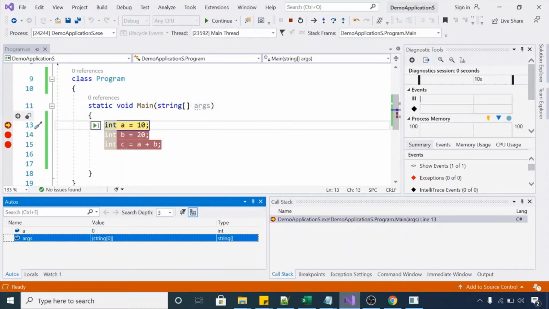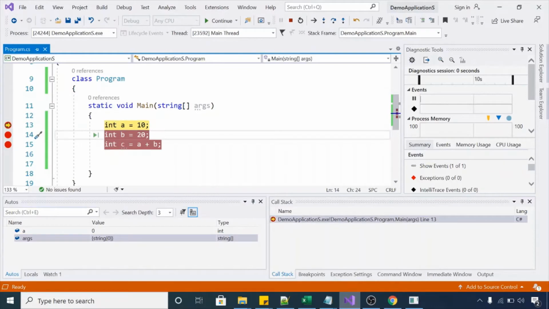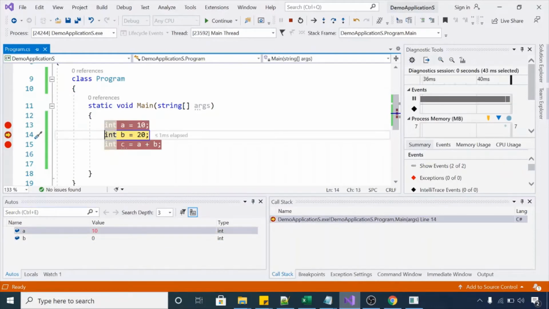Now have a look. Our control is at line number 13. It will list the current command variables plus the previous command variables in the current scope. Our previous command was string args, so it's listing only two. Now if I press F10, you will see that